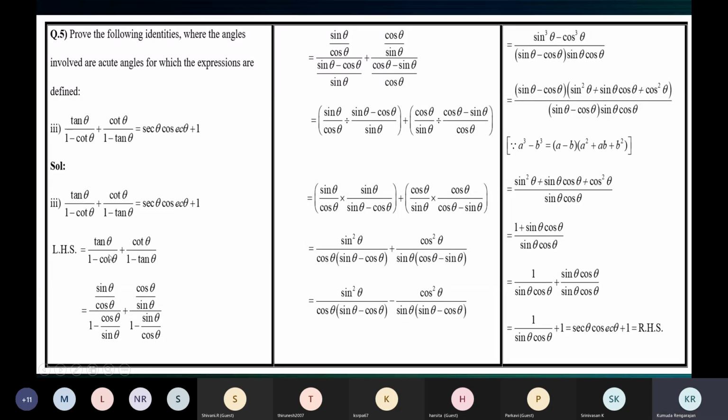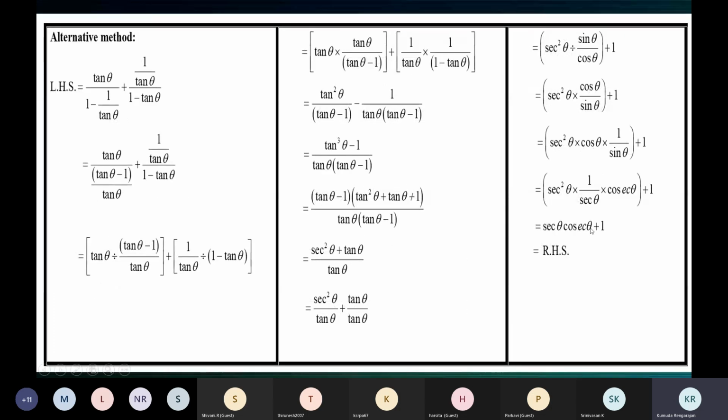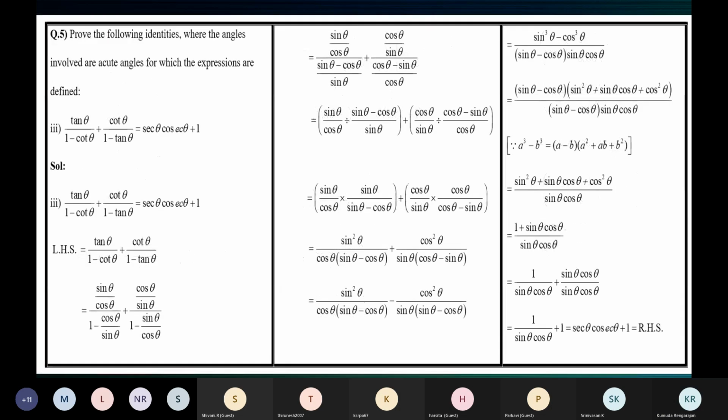You don't have to write them as sine and cos, but you can see here we work it by converting them to sine cos. And then there's this alternate method where we don't use sine cos. We work between tan and cot itself. We write cot as 1 by tan. I'll just show you the inclusions which I've made.